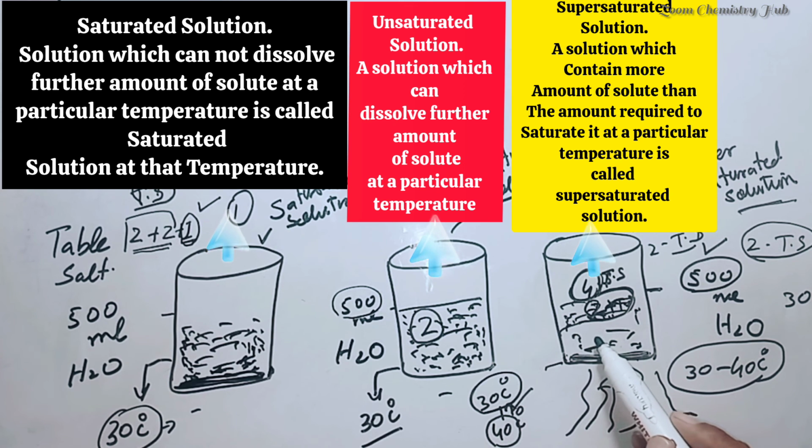So these crystals are formed in the solution in pure form, and we can easily distinguish between unsaturated, saturated and supersaturated solution, as when a crystal of already dissolved solute is added to each of the three forms of solutions,